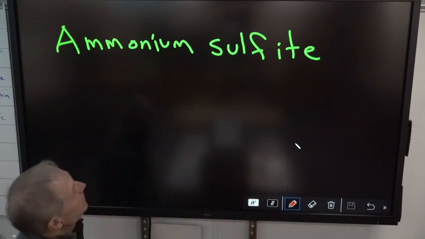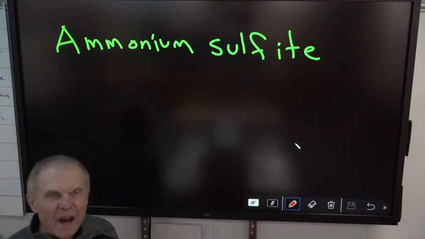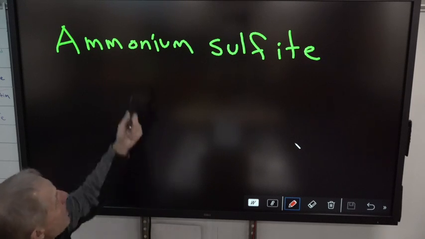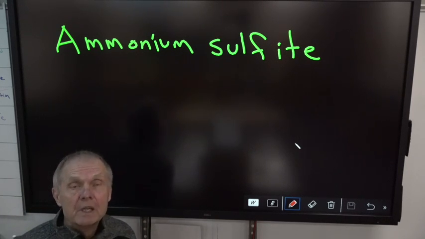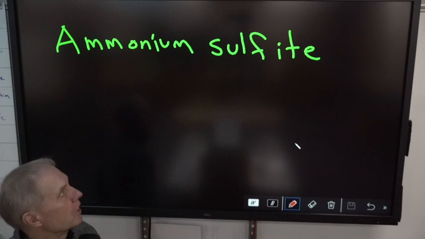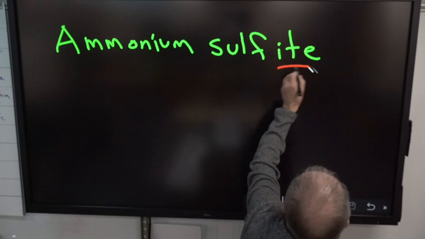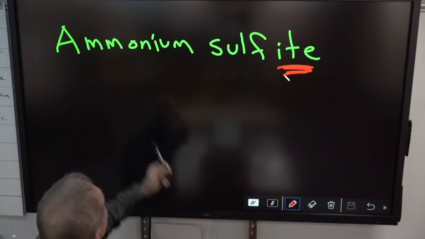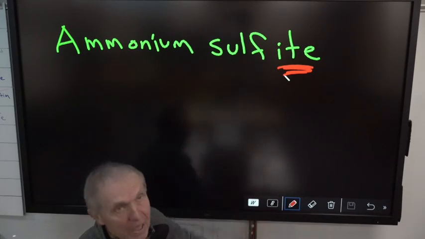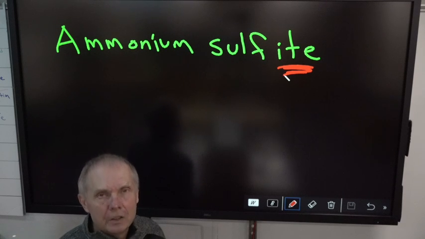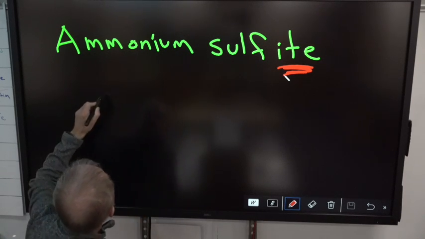So the name of this thing is ammonium sulfite. Ammonium doesn't sound like an element to me, so you have to look on the polyatomic ion chart. And this is not just sulfur because look, it ends in ITE. So that's a polyatomic ion there and a polyatomic ion there. So you've got to look them up. So ammonium is this,